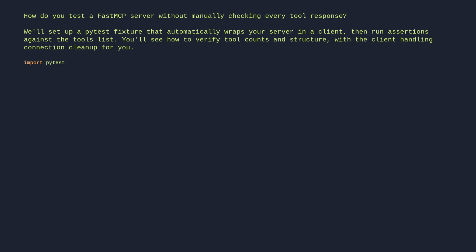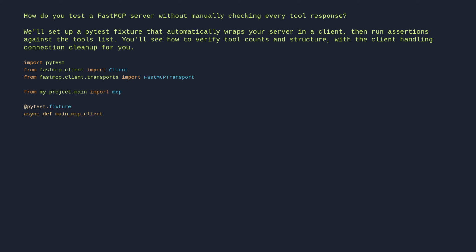Import pytest. From fastmcp.client, import Client. From fastmcp.client.transports, import FastMCPTransport. From my_project.main, import mcp. @pytest.fixture async def main_mcp_client(): async with Client(transport=mcp) as mcp_client: yield mcp_client. async def test_list_tools: